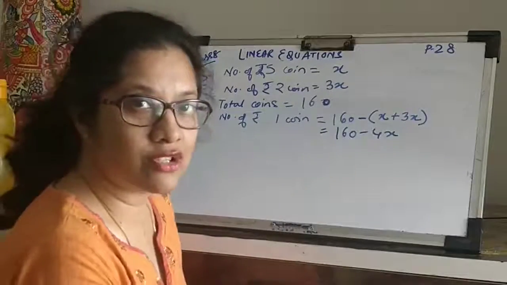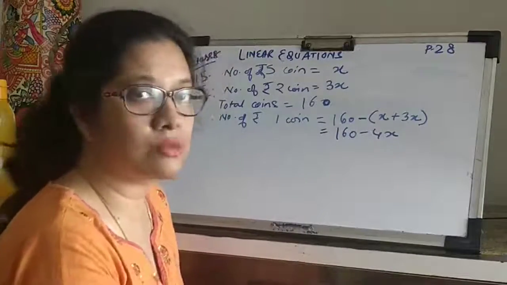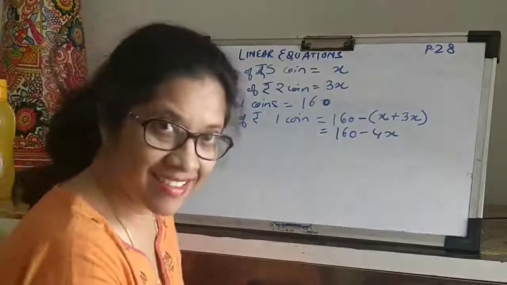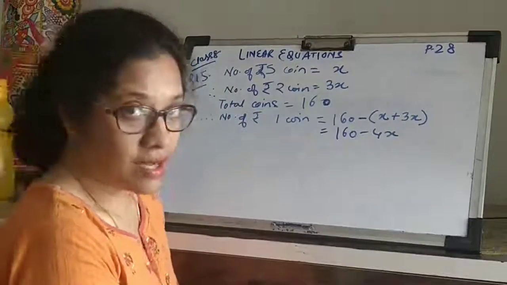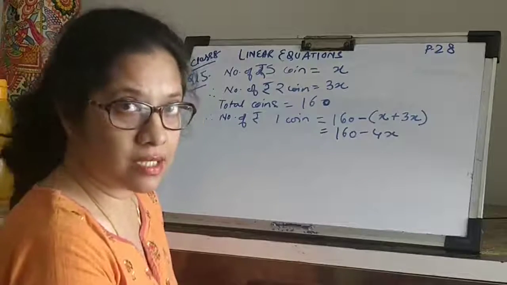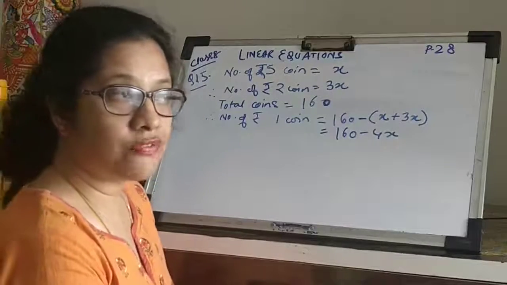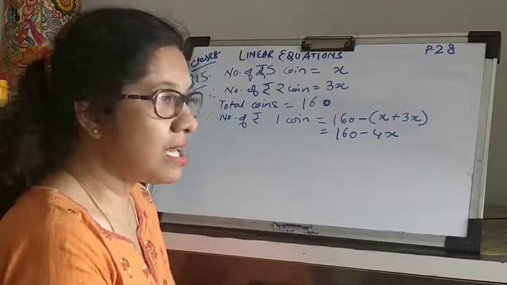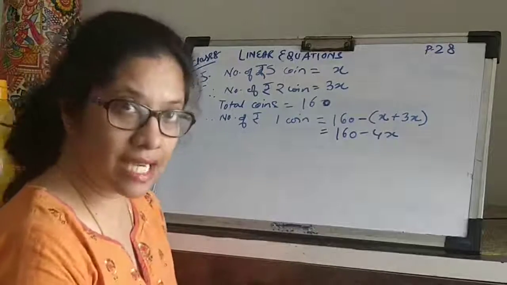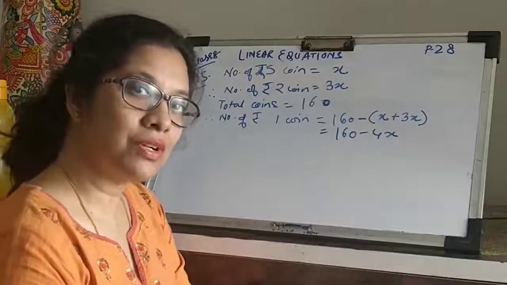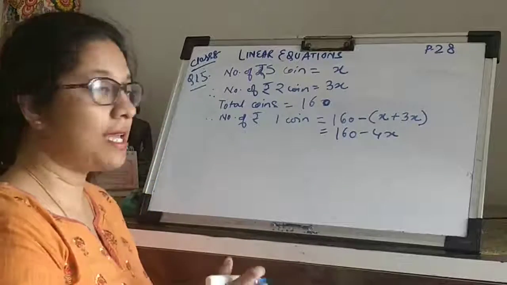So now this question becomes very similar to my previous question number 14. I have been given the total amount, which is rupees 300. I know the number of coins of each of the denominations. All I need to do is add up their values so that it comes out to rupees 300. Therefore,